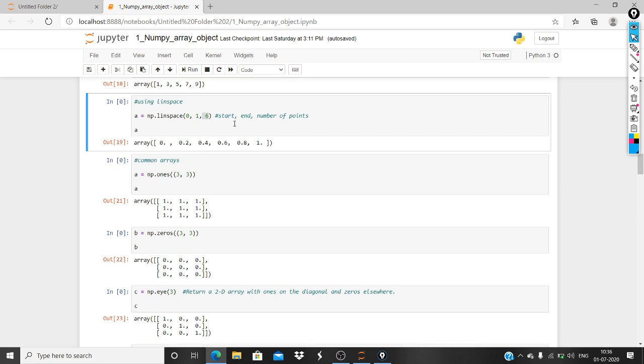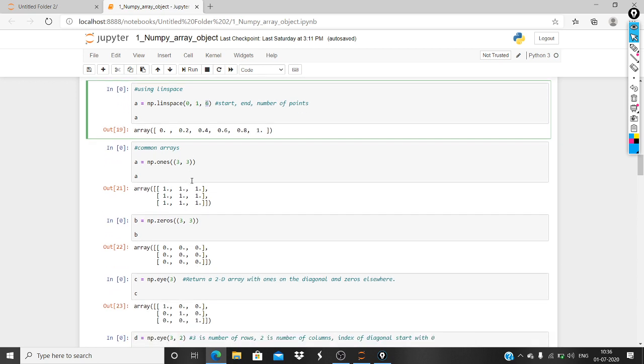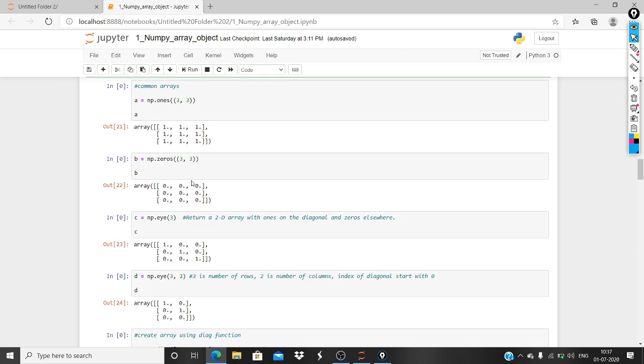Oh, no, sorry, it's not just the number of points. Actually, it is telling us to take 0 to 1 and divide it into 6 elements. It will equally divide the space between these two values into 6 elements. So linspace is also clear.